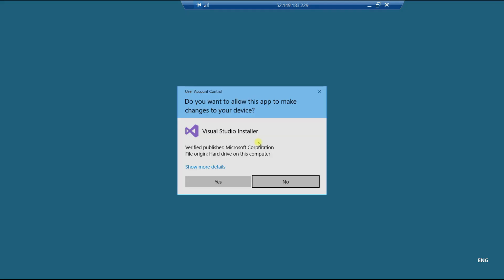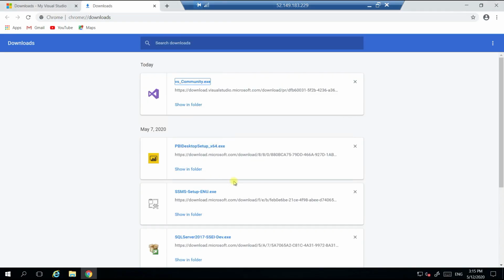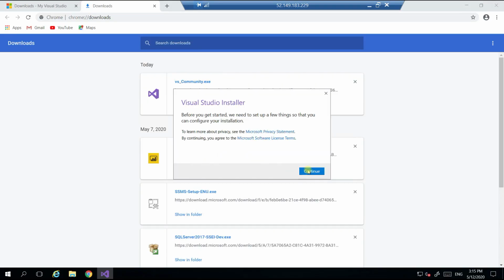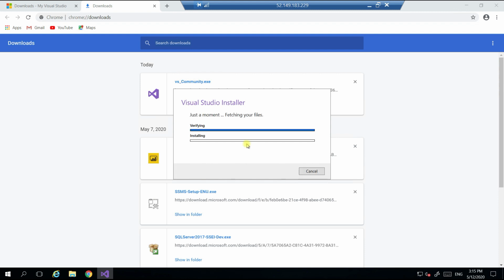What it will do is validate the installation file, the exe file, and it will download some set of files for this installation. It will not take more than 1 or 2 minutes, so it will be very fast. The first part is done, and the second part is going to install this exe file, but the actual installation starts after this section. Once these two are done, we are going to get the proper installation setup screen, where we can select multiple components that we require for installation.